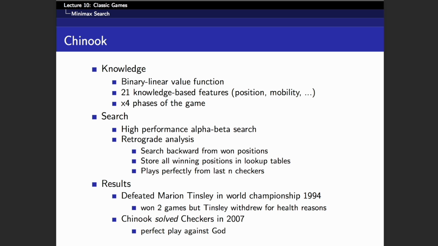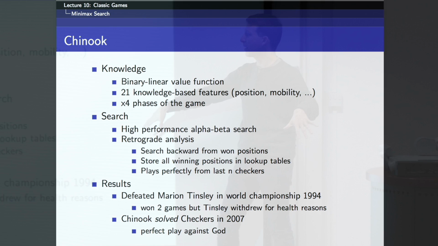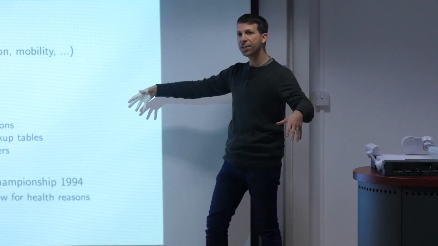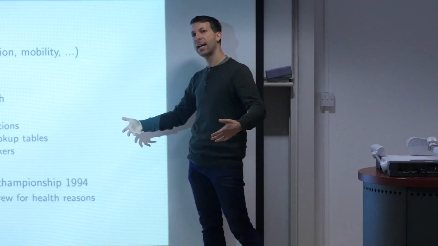First of all, it was playing the game of checkers. And checkers is a game much like chess, and the representation was similar as well. It was, again, using this binary linear value function with all of these knowledge-based features regarding position and mobility and for different phases of the game, like what you do in the opening. And again, these were carefully handcrafted. And it, again, did a very high-performance alpha-beta search, but also did an additional piece called retrograde analysis,